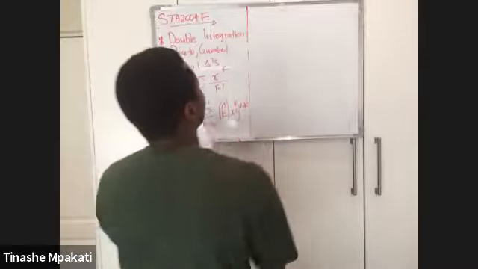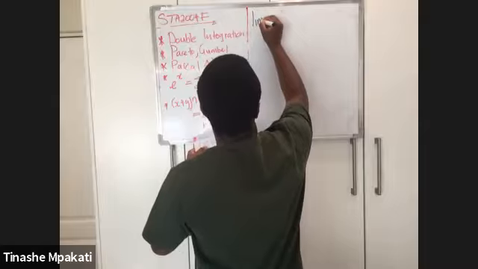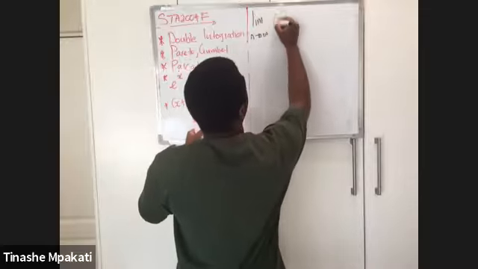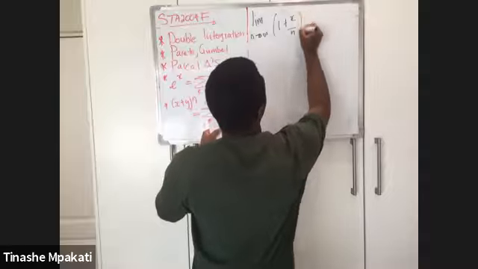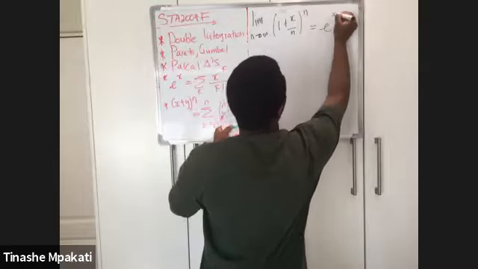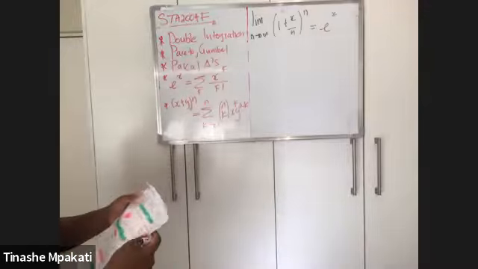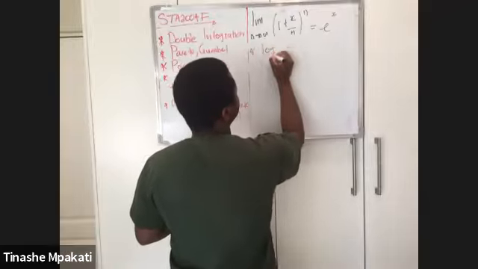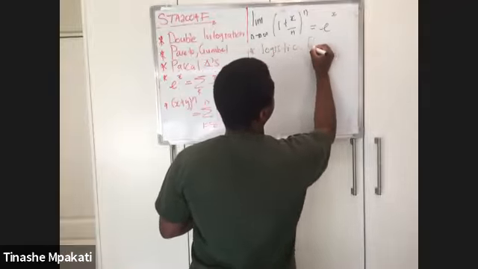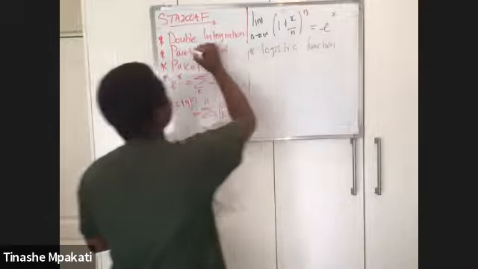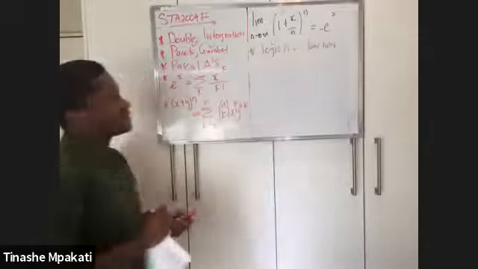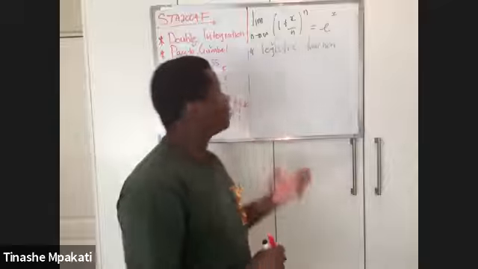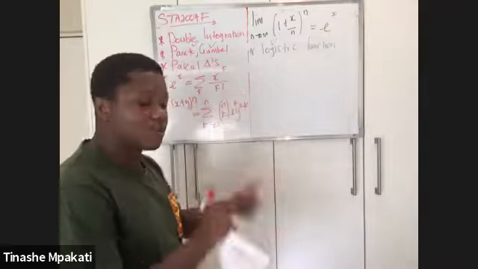Then this other one, which we'll definitely use tomorrow when we are dealing with convergence, says that the limit as n goes to infinity of (1 plus x over n) to the power n is simply equal to e to the power x. This is one of the important things. Cool. And something else you can look at is the logistic function. The three functions that I've put here: when you get time, look at the CDFs and the PDFs, and make sure you're comfortable moving from the PDF to the CDF and also backwards.